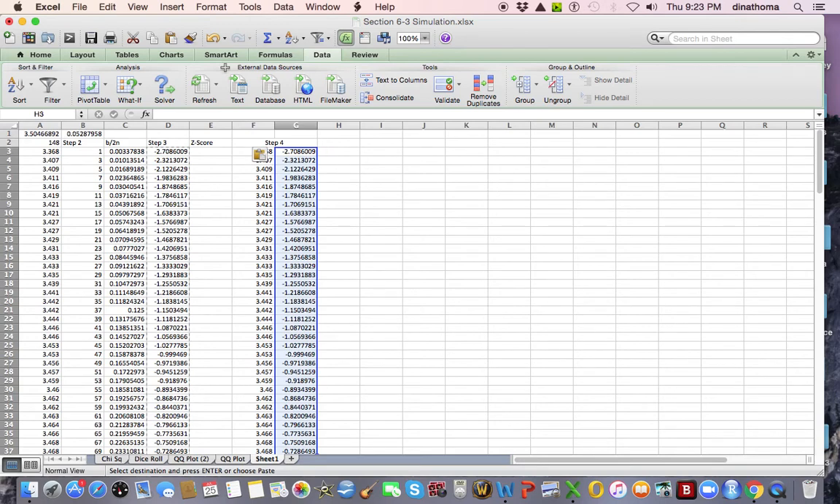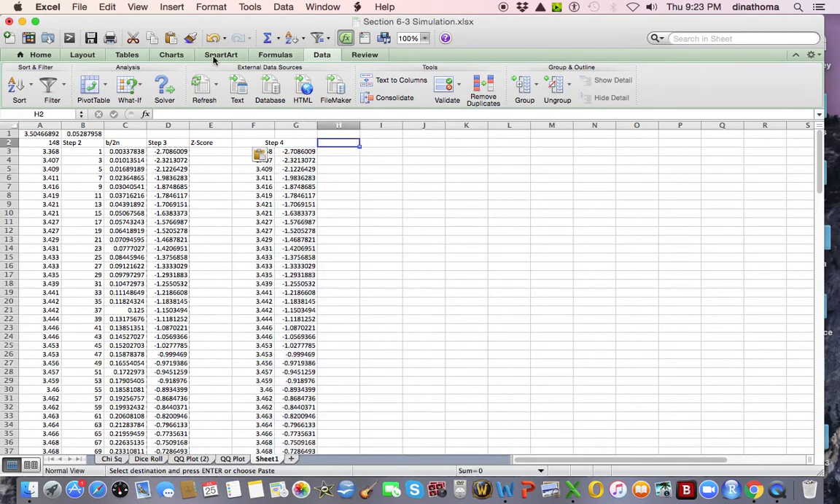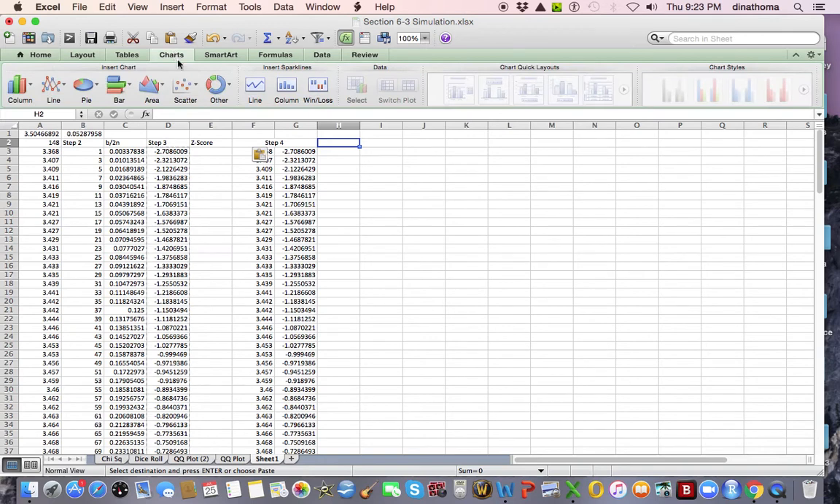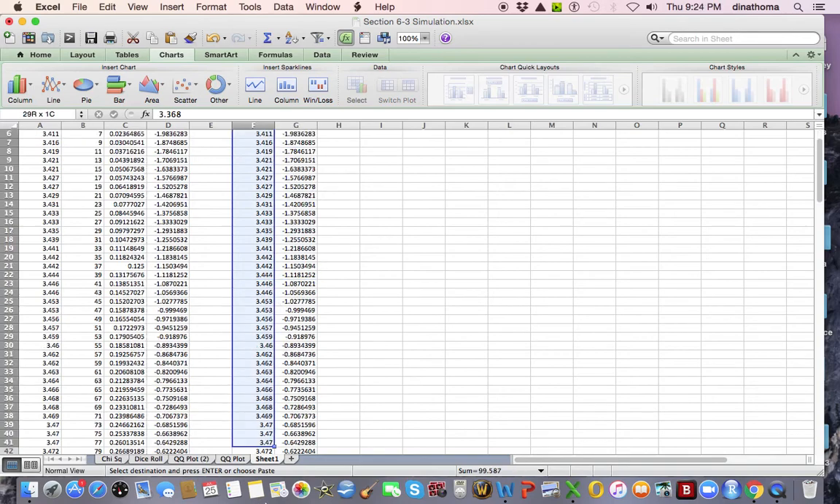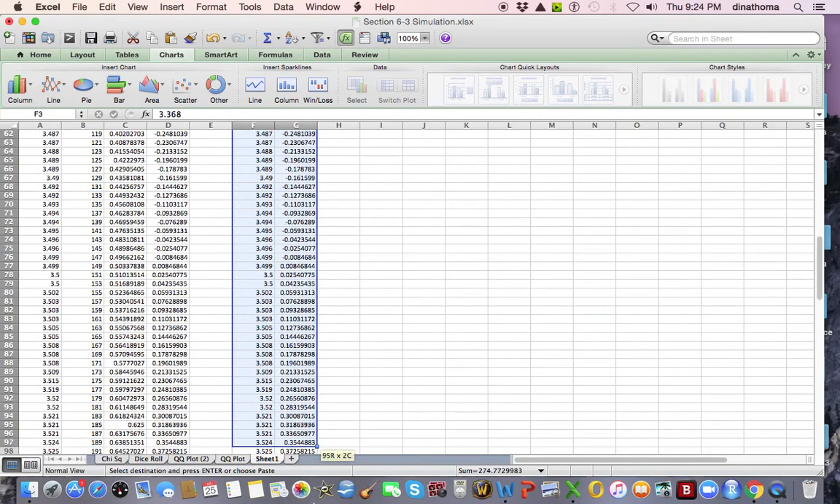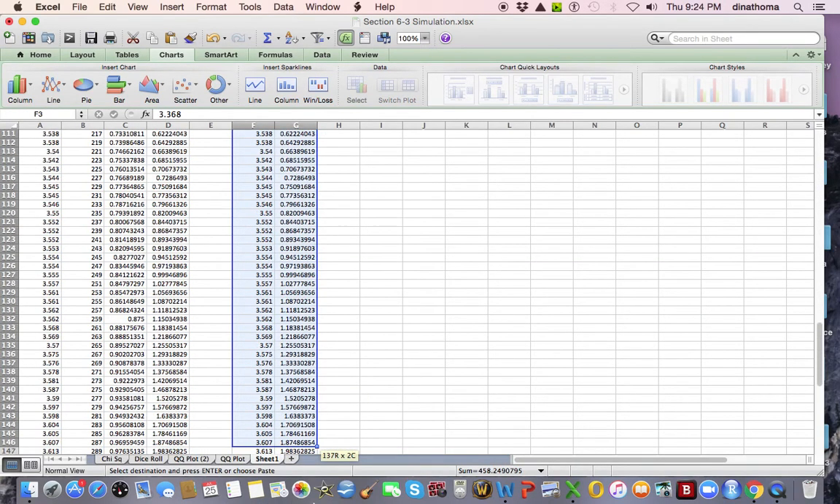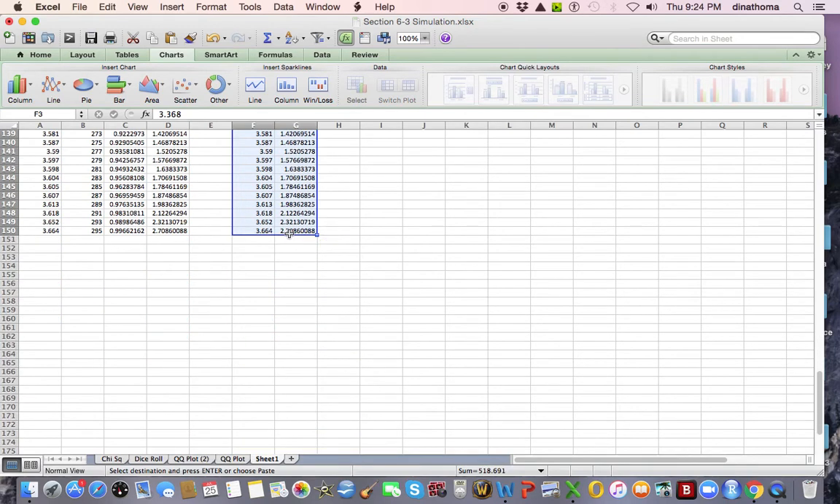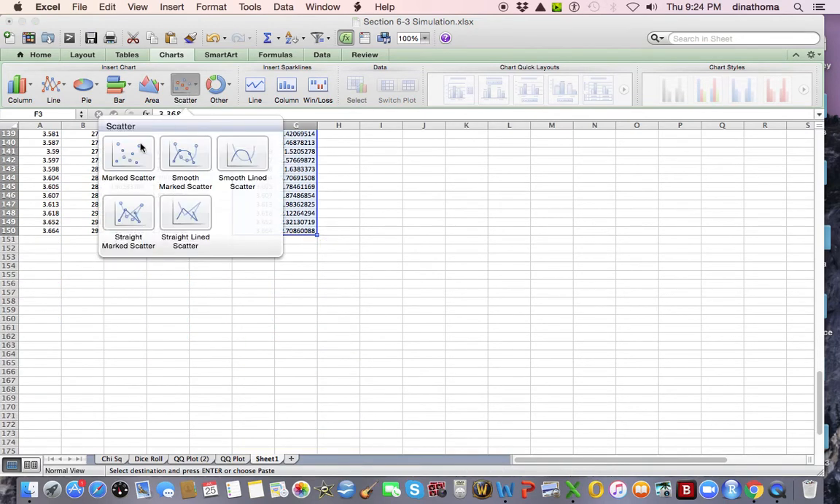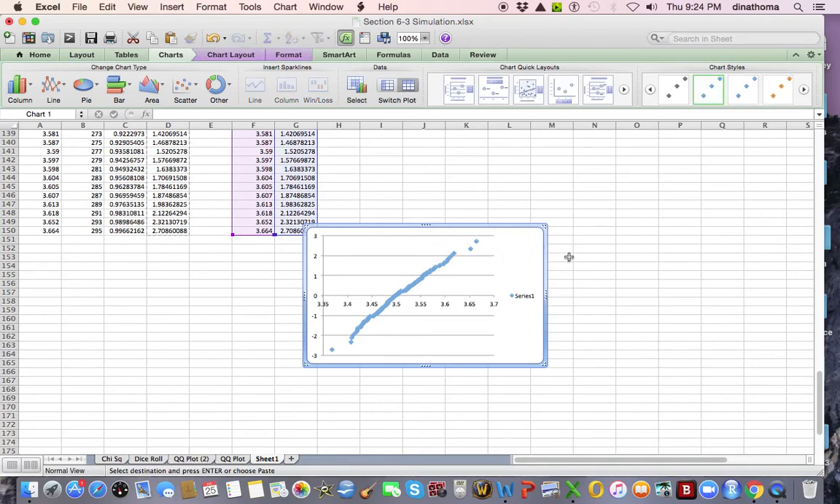Right? So now, as soon as my thing starts to work again, charts, I want to put in a scatter plot. So I'm going to highlight these two columns. And I want to insert a scatter plot. And what you want your scatter plot to look like,